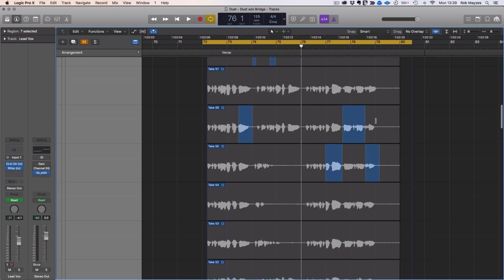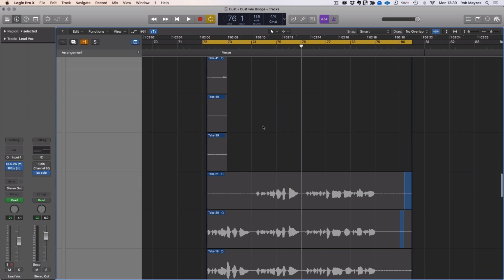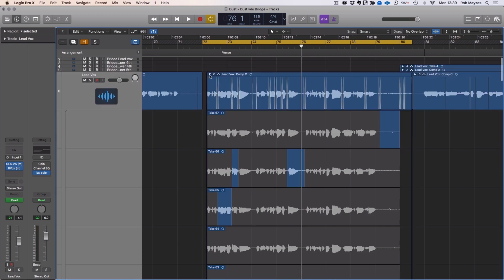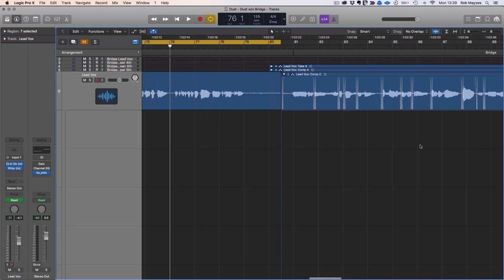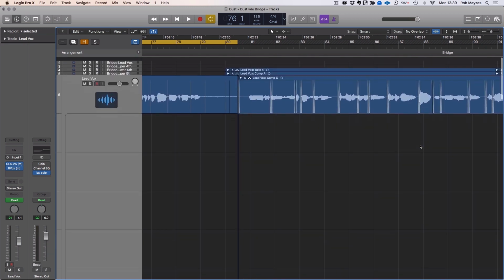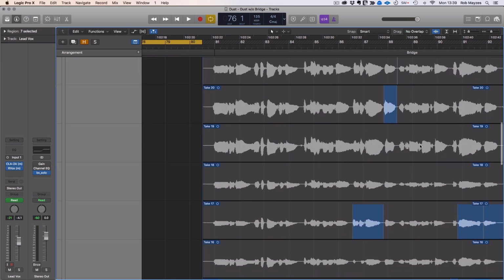You can see here, I've got loads of takes and I really should have cleaned them up, but full takes, we've got quite a lot just for this one section here. That's just one section. It's the same here. Now, this is because I'm a bad vocalist. I'll be honest. It's because a lot of the performances aren't great, so I had to record lots of takes